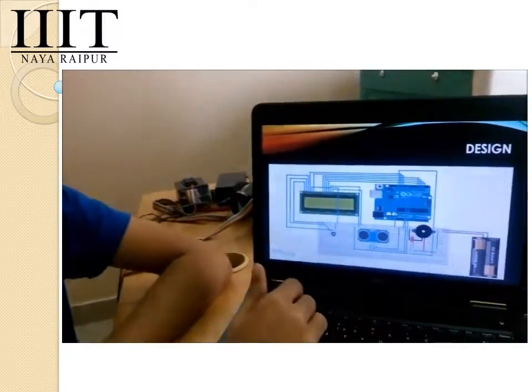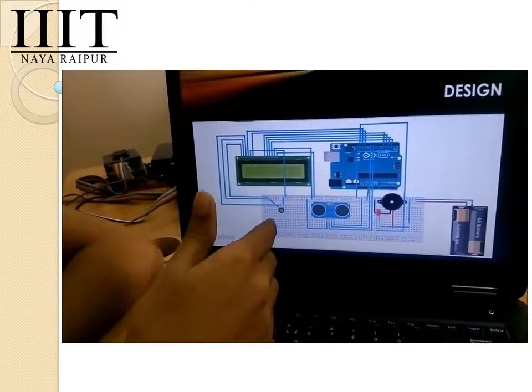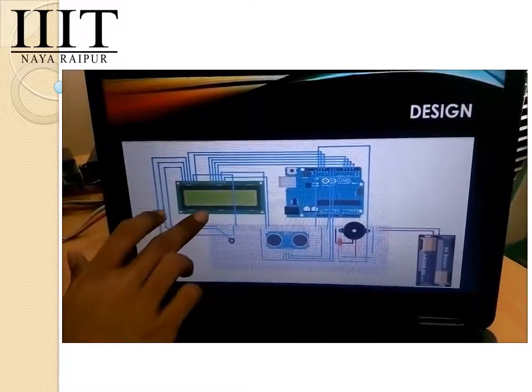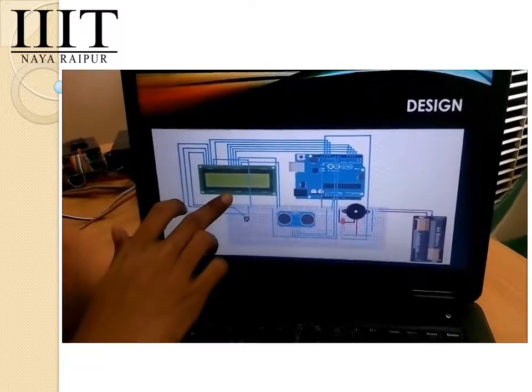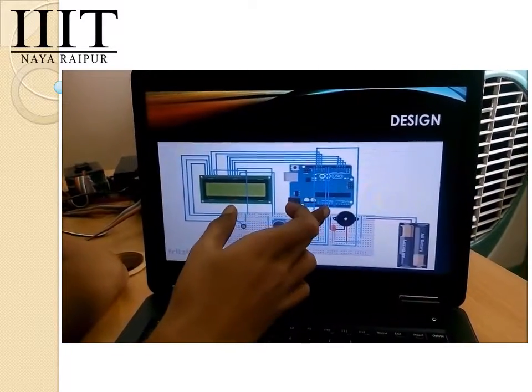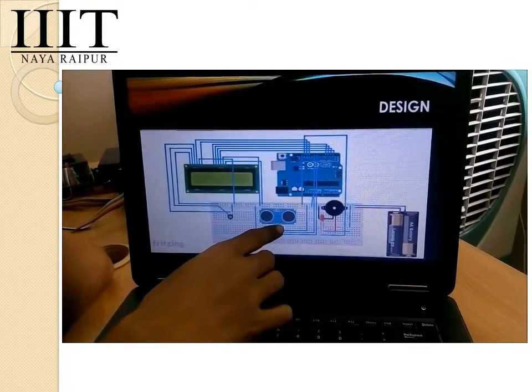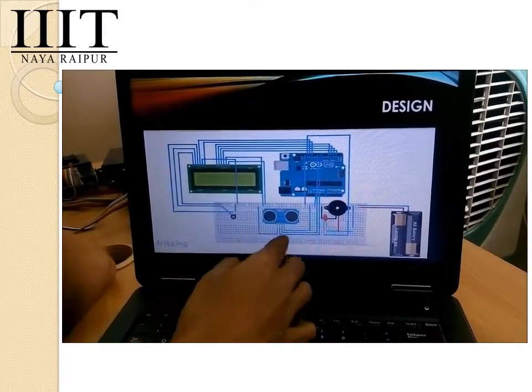Here I will tell you about the design which we implemented in our Arduino reverse car parking system. Here this is the LCD display which is connected to the Arduino board, this is the sound buzzer, and this is the ultrasonic sensor which will send the signal, and this is the battery.